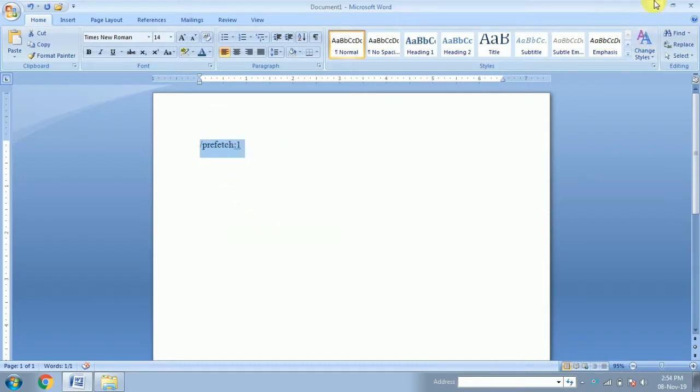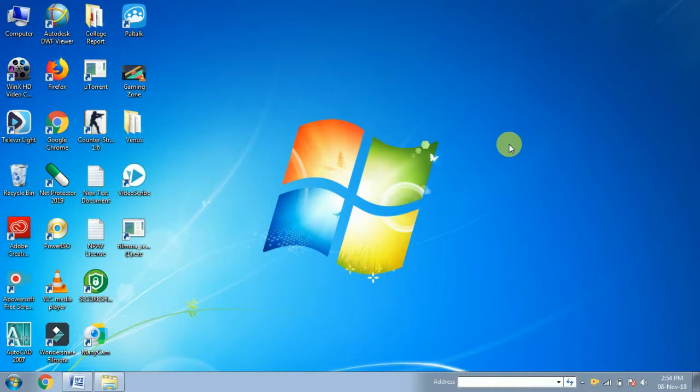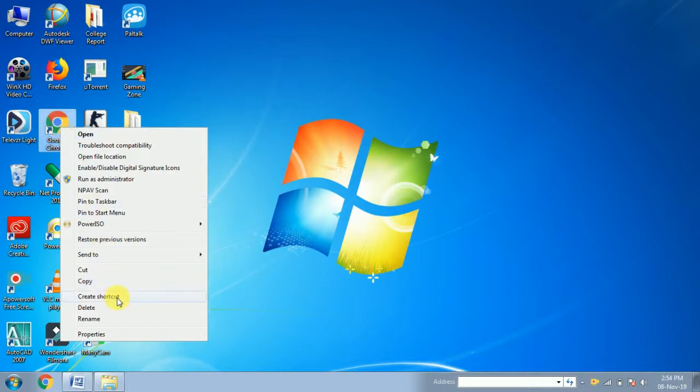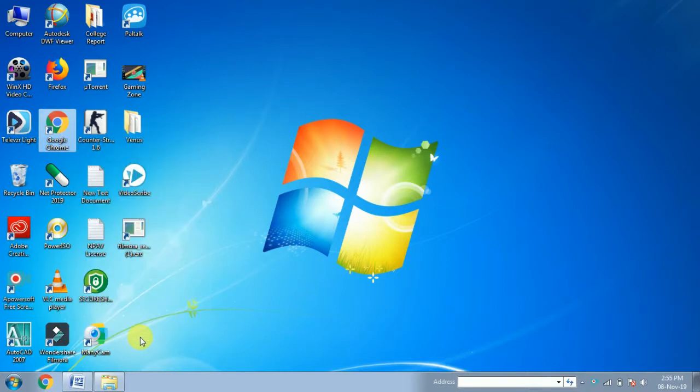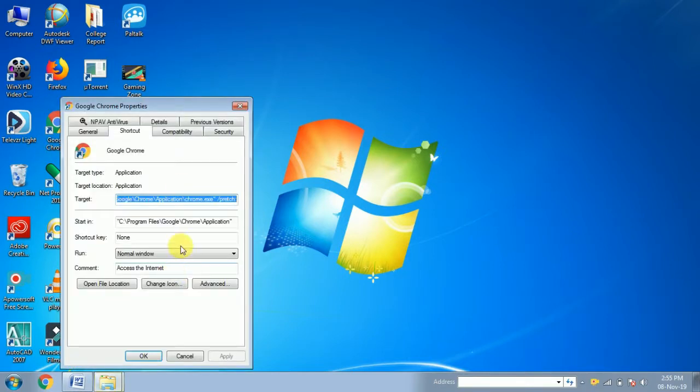For example, say my Google Chrome is working way too slow, so I want to make this program faster. So I will right click on Google Chrome and then select Properties. Now you can see here Shortcut, and here you have to,